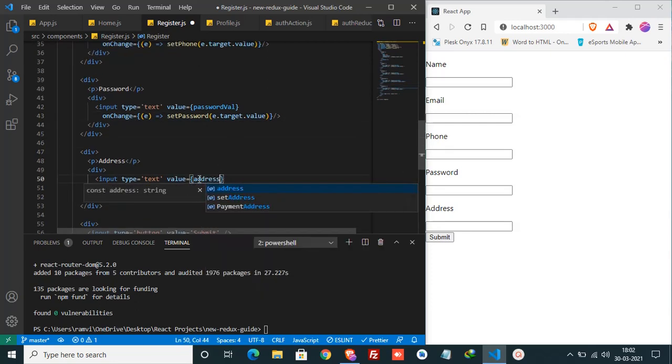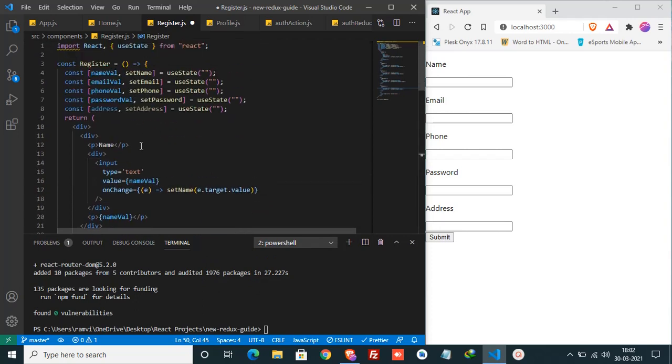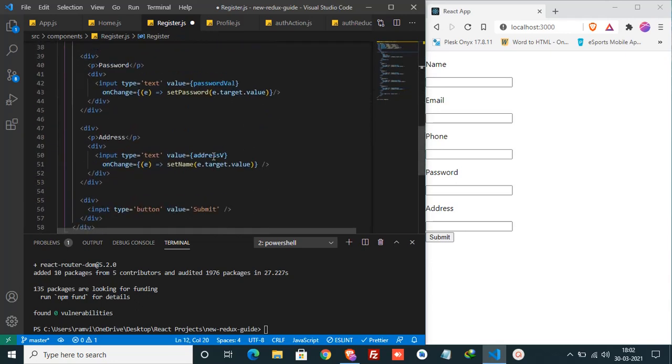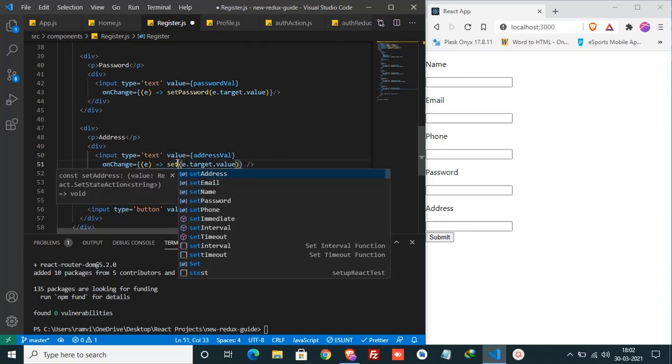Oh, we missed val over here. Okay, address val, and we are going to use this address val and set address. All right, now